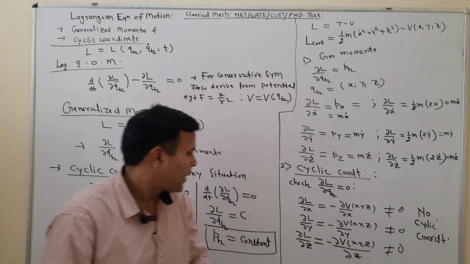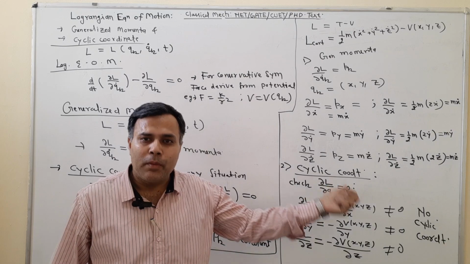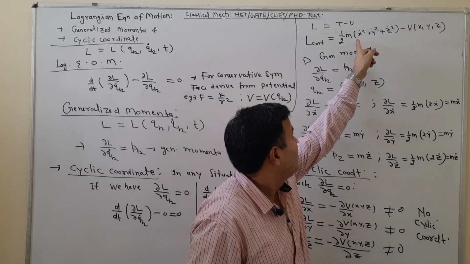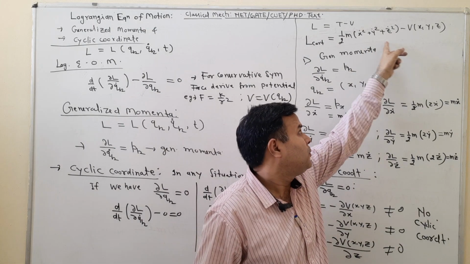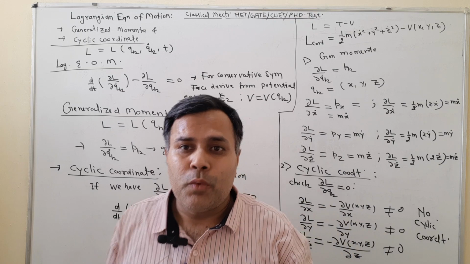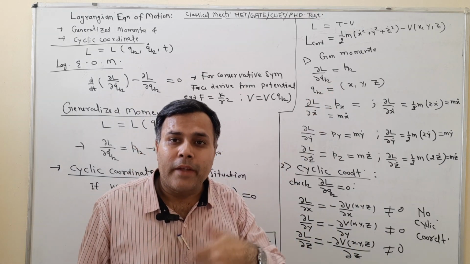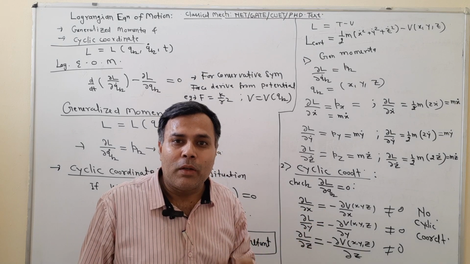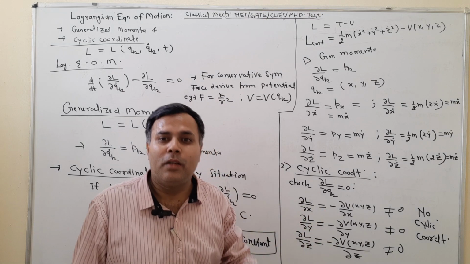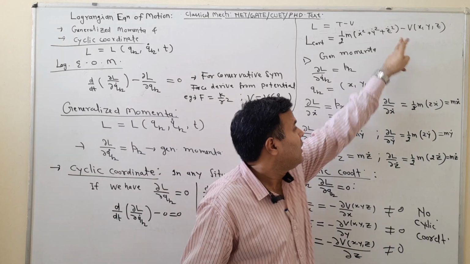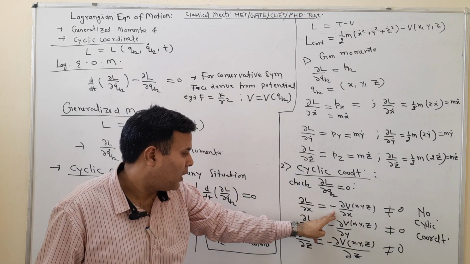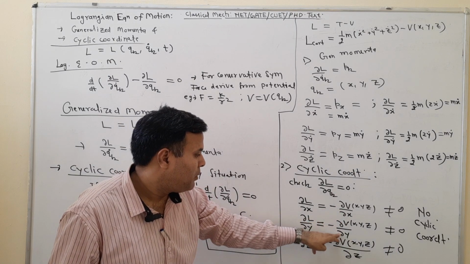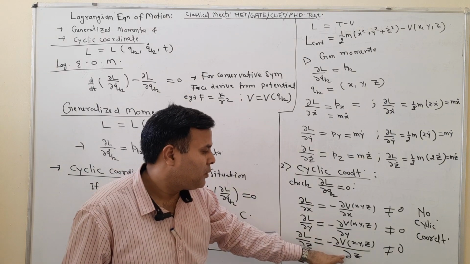So we can say that in this case our del L upon del x is minus del v by del x, because we have to differentiate partially with respect to x. There is no x expression in the kinetic part, but the potential is a function of x, y, z. So if you differentiate the potential partially with respect to x, y, z, we will have del v by del x, del v by del y, del v by del z, and the minus sign is there, so that is why the minus sign comes into this picture. So our del L upon del x is minus del v by del x, del L upon del y is minus del v by del y, del L upon del z is minus del v by del z,